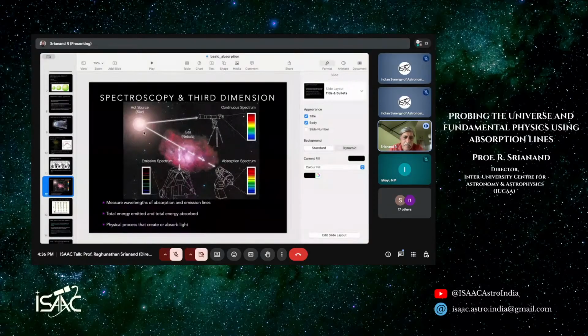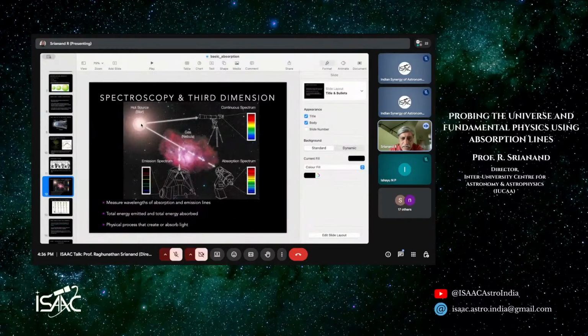So if you take a star or some hot light, you take your telescope and observe, you will get the emission, which is related to how hot the star is, right? You will have a black body radiation coming from the star. Suppose, imagine that I have a star and I am looking at the star. In my line of sight, there is a lot of gas blob which is present.